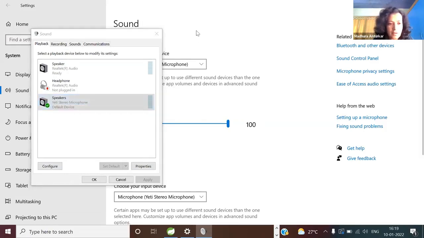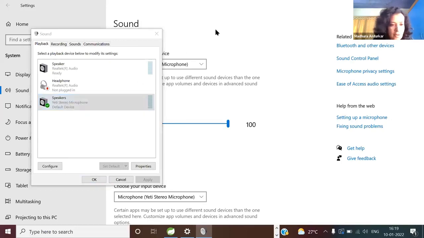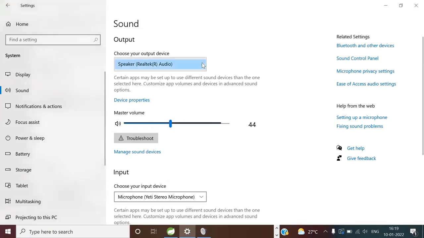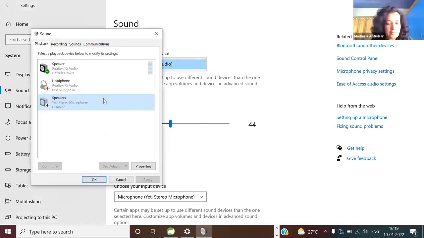I'm not understanding. On that new selected speaker, okay. This is the new selected speaker. Right click. What did you say? Right after right click, what should I do? Disable and set default again. Will that work? Let's see. Okay, tell me, am I audible now? Yes. Okay, so is there a problem with my newly attached speaker? Ma'am, try setting it default once again. Yeah. Thanks for spending time on this with me.